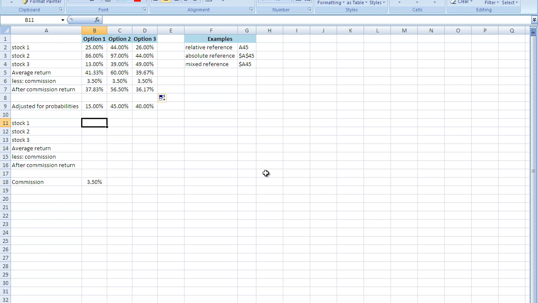Now for stock 1, we're going to come down and do some calculations. We're going to take the returns up above and multiply them by row 9, the information there. So I'll do equals 25% times the probability, and in this case I want to use probabilities for each option,